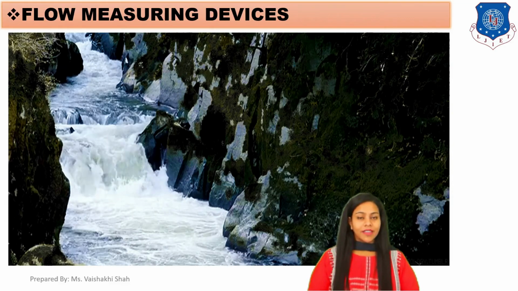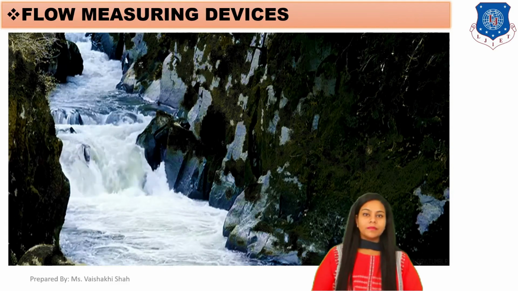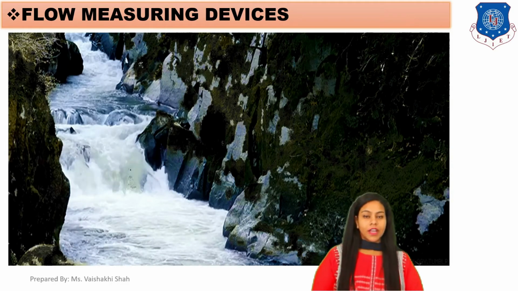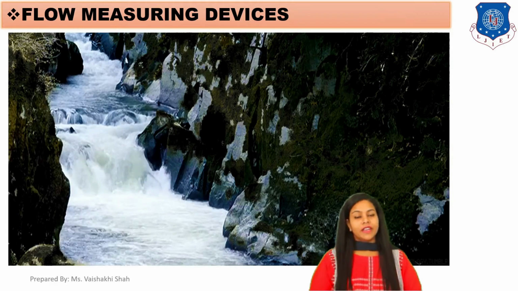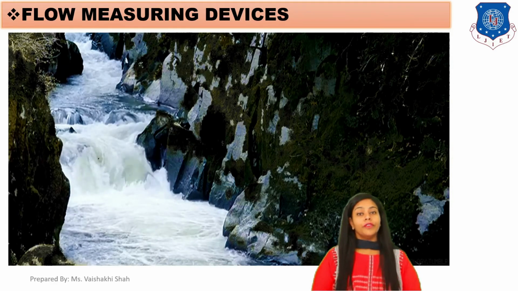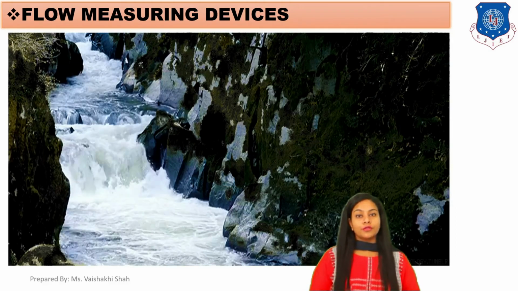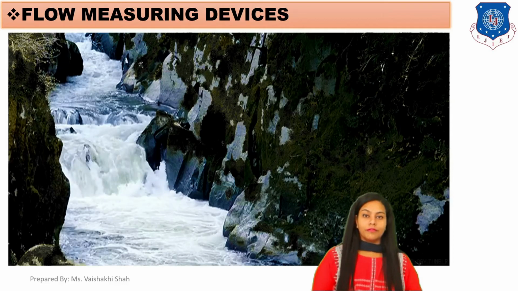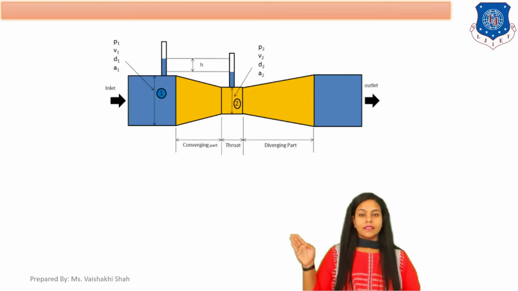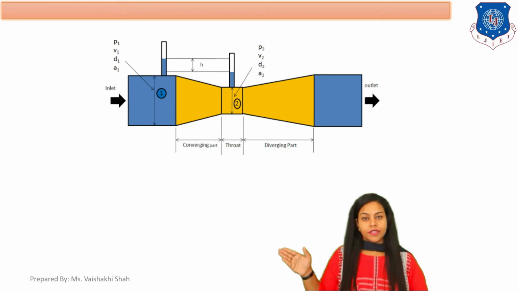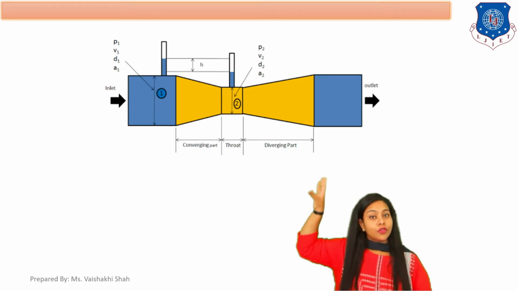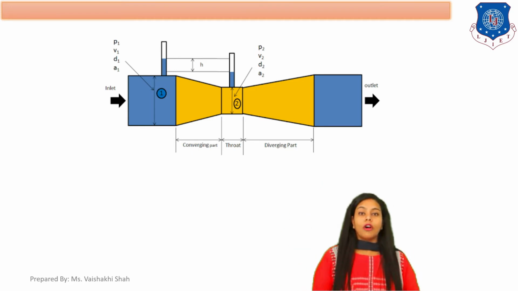In today's lecture, we are going to study some examples based on Venturimeter. If you remember, in the last lecture, we derived the equation for Venturimeter. Basically, Venturimeter is the device which is used to measure discharge of the fluid. If you remember, this was the diagram for the Venturimeter. Basically, Venturimeter consists of three parts: converging cone, throat and diverging cone. And Venturimeter is used to determine discharge of the fluid,